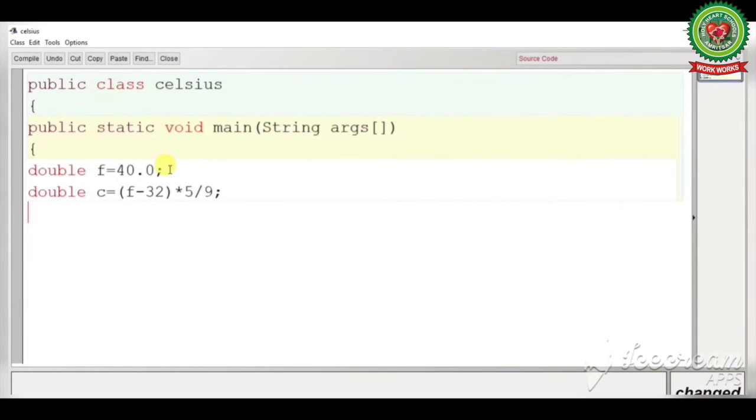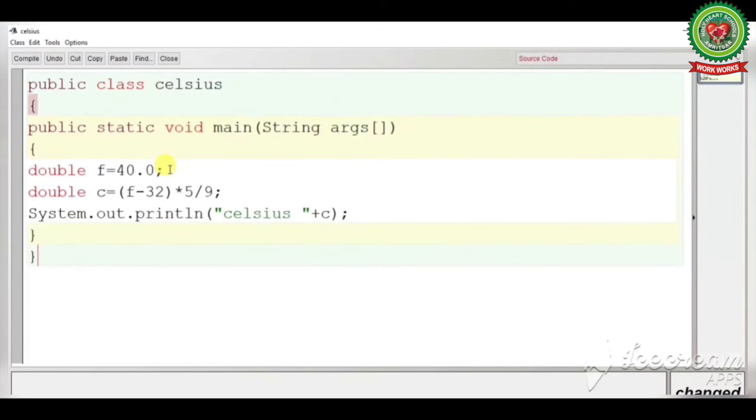Now we will write the display part of the program, that is System.out.println. Students, as you know, this line we write for the output of the program. Without this line, your output will not display on the computer screen. In a bracket, I am writing Celsius. And here we will write the variable which is storing the output value. Then close the bracket, semicolon, enter.